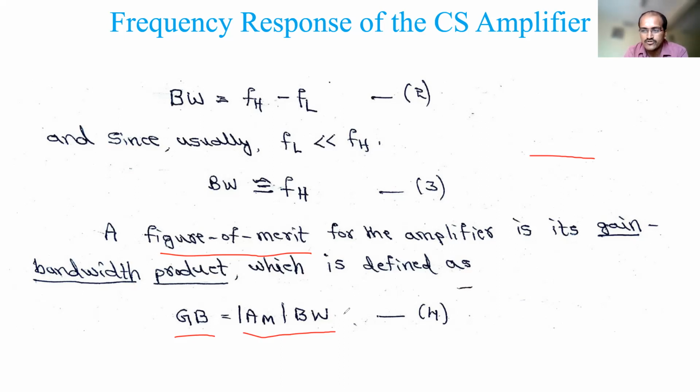So this is all about the introduction to the common source amplifier frequency response. Next, we are going to derive FH, which is the high frequency response of this amplifier, and then FL, the low frequency response of the amplifier. We are going to derive these equations, and then we'll try to solve problems on them. That is our next topic. It may not be possible to complete today, but as much as possible, I will try to cover.